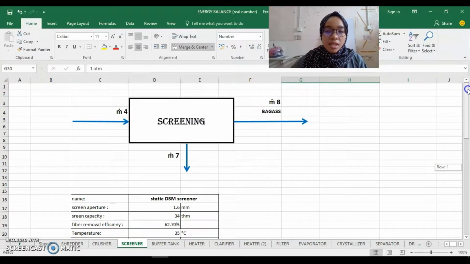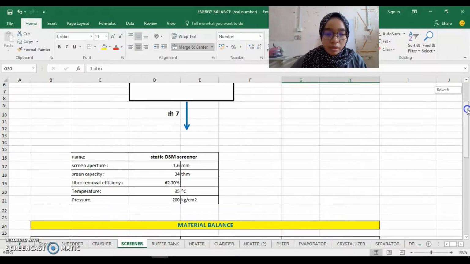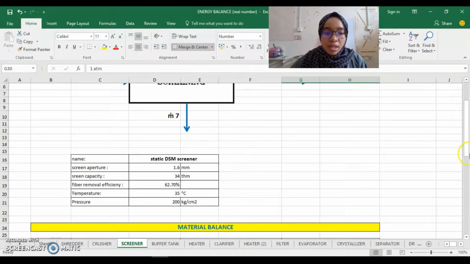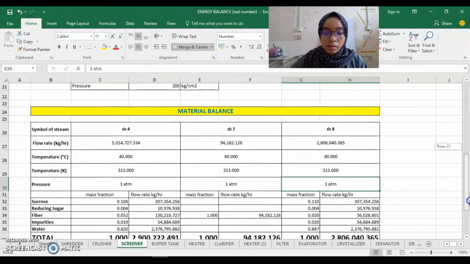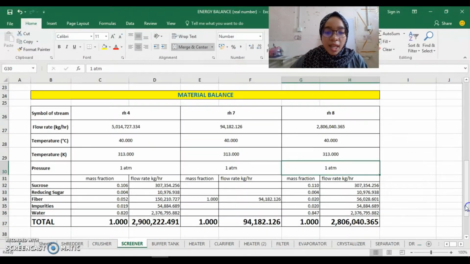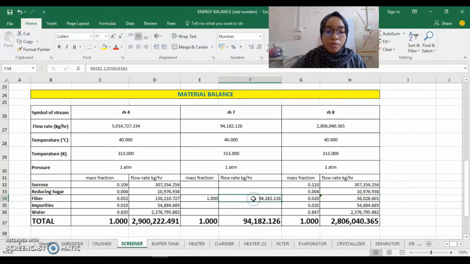Screener is the same function as filter. We want to filter the fiber. So at M7, we have 62.7 fiber removal efficiency. So fiber will be removed at M7. We obtain the fiber removed from M7. The fiber that will be removed is 948182.126 kilogram per hour,